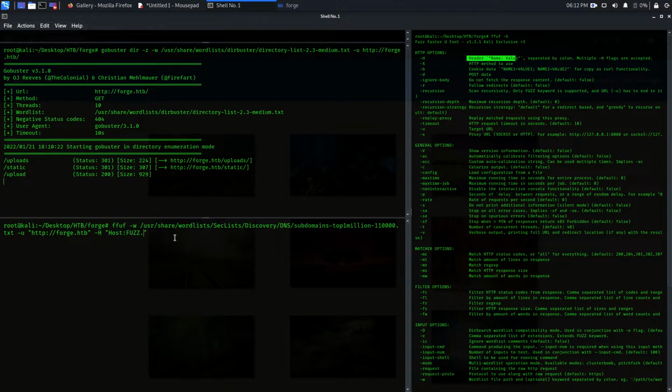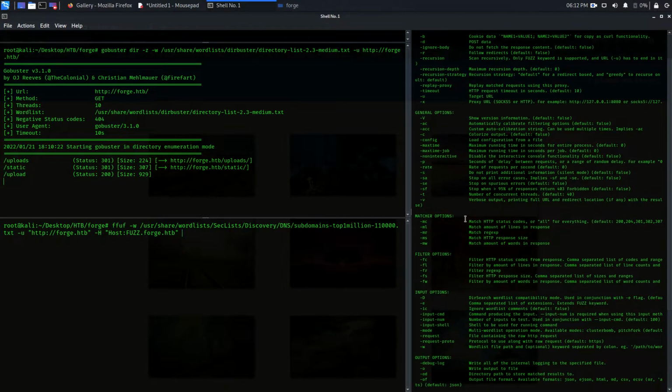It's very simple actually. The format and the syntax are very simple. So you know that if any subdomain exists, it will take a place here before forge.htb, right? So whatever you are fuzzing, you must specify that parameter as FUZZ in capital letters. And then I want to see